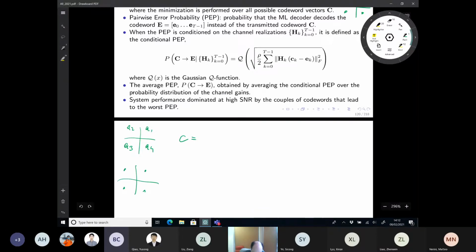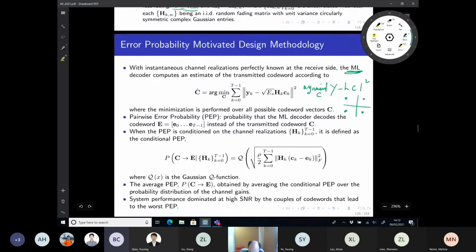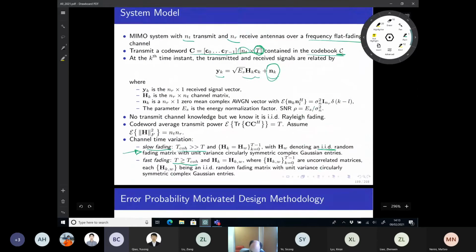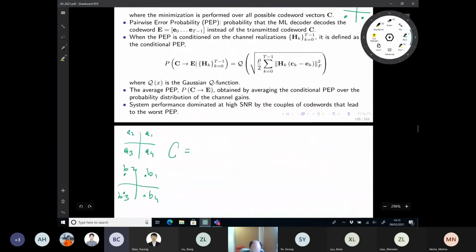The first symbol will be chosen from constellation A, the second one from constellation B: B1, B2, B3, B4. Now, one example of a codeword, let me give you multiple examples in this codebook. This codebook, same notation as what we had here, our codebook C,